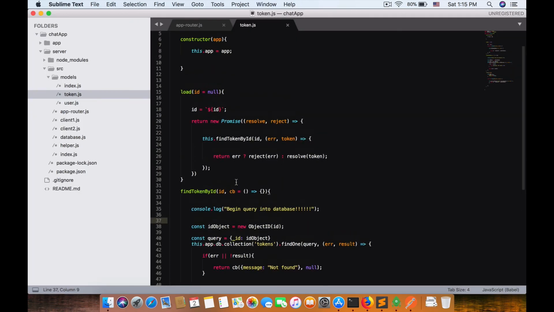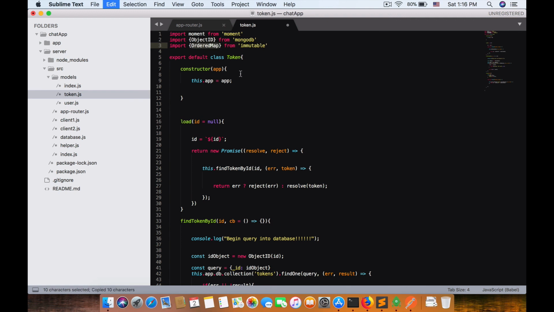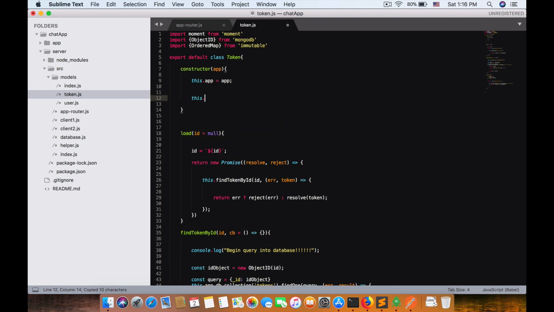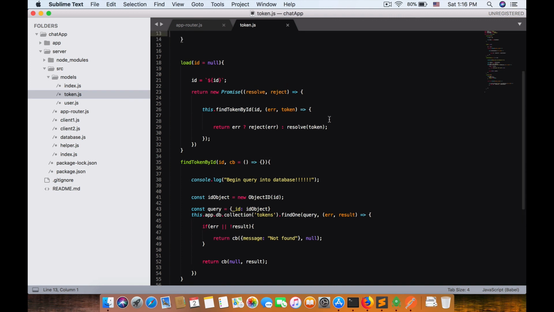So just simply, we can do it by importing Map from immutable. So from immutable, import Map. In this case, we set collection token equal new immutable map. Okay, so when we load it, after loaded this,